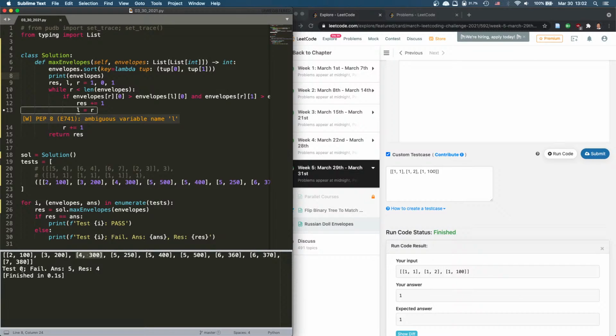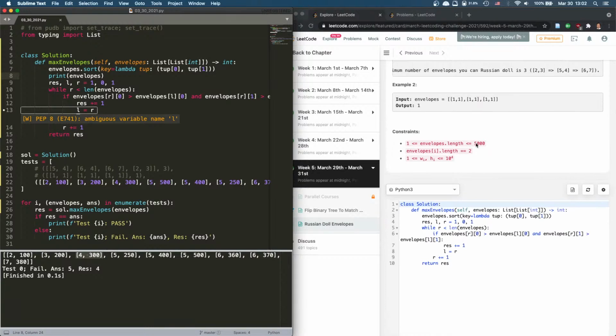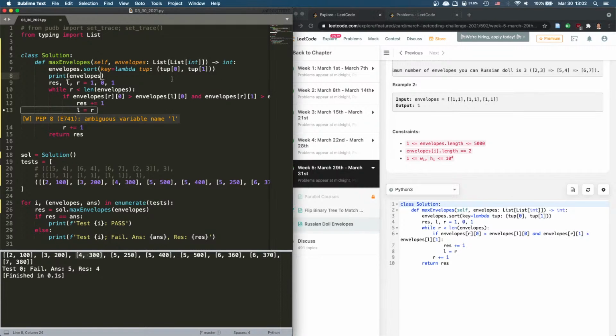So dynamic programming can work, but that will be O(n) squared. That will be O(n) squared. But we have 5,000. With O(n) squared, I think it's going to time out. All right, even if it times out, let's write a correct solution first. So we still sort, right? We still sort, and we are going to say